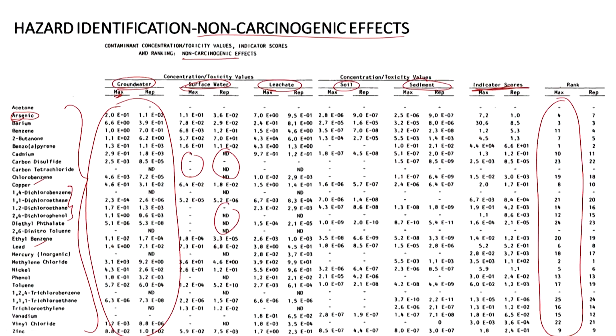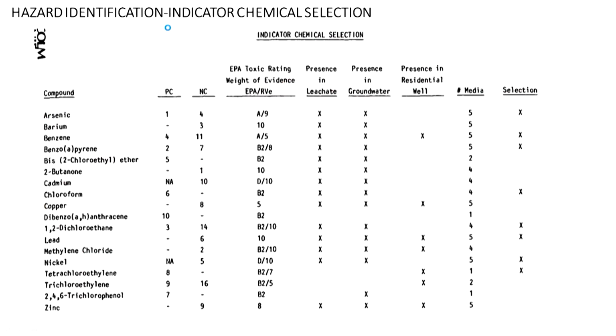So again moving forth we are looking at hazard identification, right? And then what else have they looked at? They looked at the EPA toxic rating, based on the weight of evidence. Weight of evidence as in how do we know whether a compound is toxic or carcinogenic? We conduct tests on laboratory animals, and then come up with the response or the adverse effect that was noticed due to a particular dose, as in, let's say, hair fall after a dosage of 1 milligram per kg of body weight.